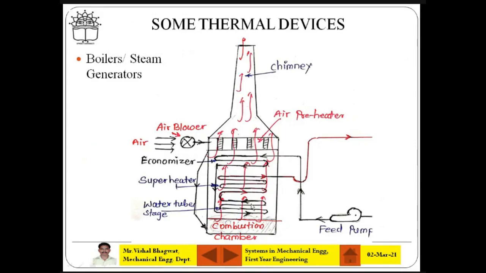Then there are the water tubes. It is heated again here at a very high temperature, more than hundreds of degrees, of course. So it starts converting into steam, but the steam is wet. It may have some water droplets, and those water droplets are also removed by passing these hot gases. In the superheater the steam is converted into superheated steam, which is collected at the steam vents, and then next is the turbine. So this is the steam generator.